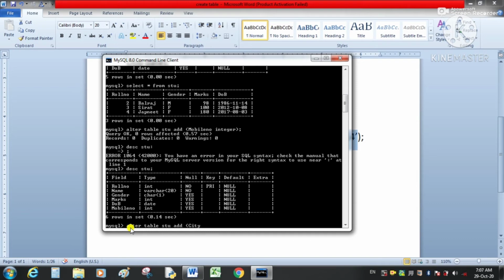Alter table name, add city, its data type, meaning the city name will be of 6 letters, and here default means the default value for the city column, and this will be the name of the city. I'm writing here GSR, Gadshankar.